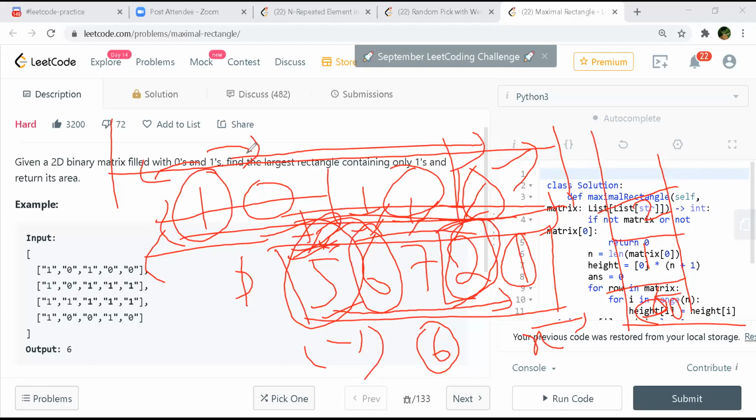But while he's popping, he's going to take 7, and 7 is just one column, one row, I think, right? So 7 will be your answer for now. But when he pops 6, he knows that he has previously popped one row, so 6 will be the minimum out of 6 and 7. He has popped 2 rows, so he will multiply 6 by 2 because there are 2 rows now, right? So this will be 12, and then when he's popping 5, this will be the third row. But 5 is smaller than 5, 6, 7. So 5 into 3 will be 15. Yeah. That will be our max area.